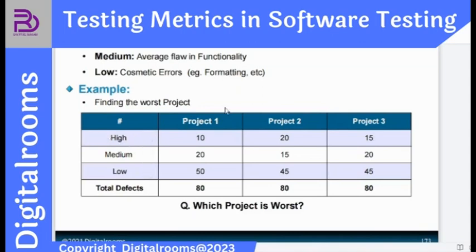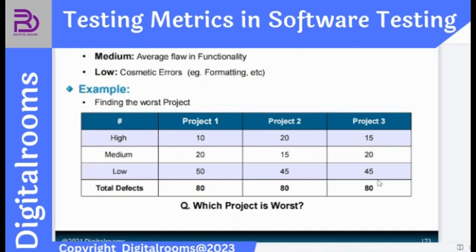severity that needs to be fixed ASAP. Project 1 we have 10 defects that are in high severity. Project 2 we have 20 defects that are in high severity. And project 3 we have 15 defects in high severity, and similarly for medium and low. So we will first calculate the project 1 80, project 2 80,